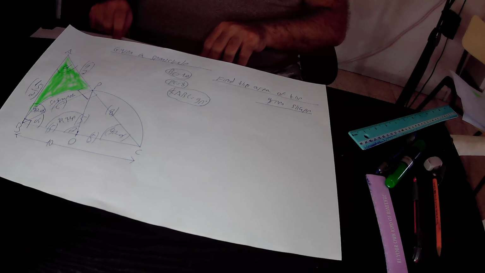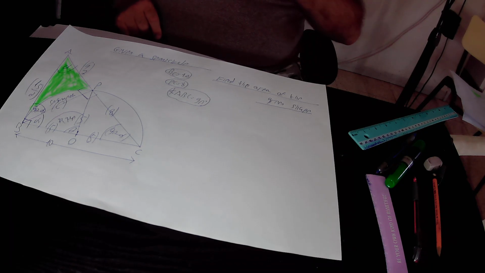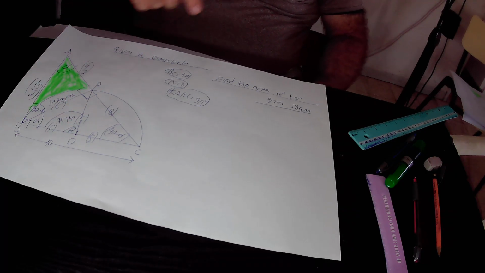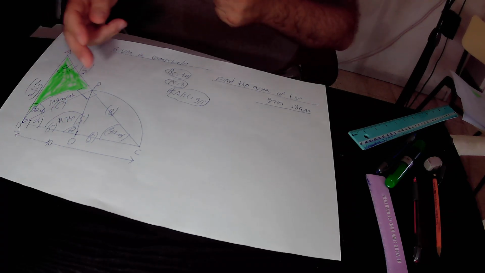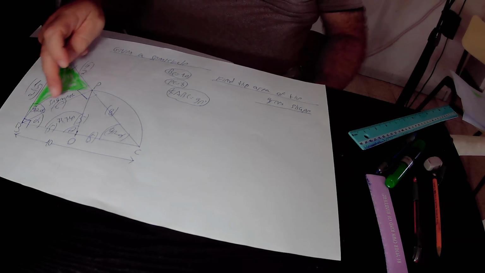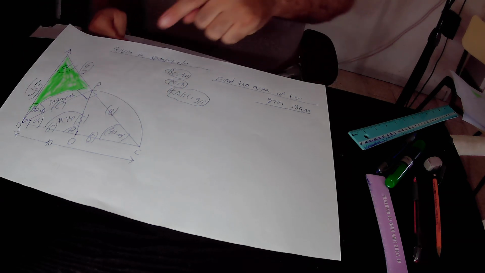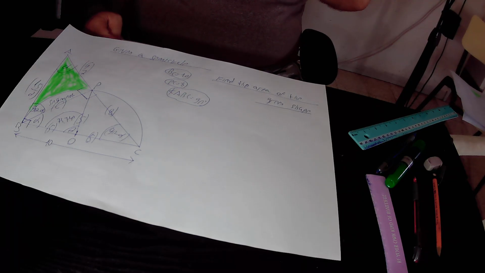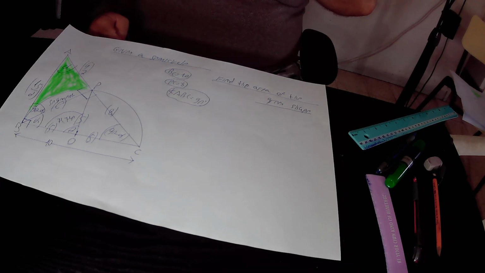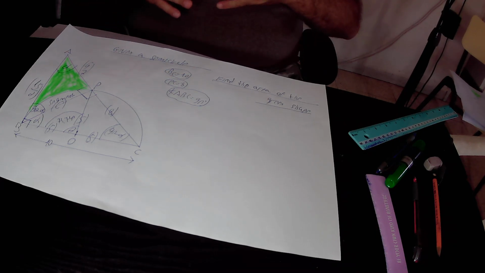In the next step, we define the center of this semicircle. This point is point O. The diameter BC is 10, therefore the radius must be equal to 5. The radius OB is 5, the radius OC is 5. We join points O and P together by a straight line. OP is also the radius of this semicircle, therefore it is equal to 5 units in its length. By doing all those constructions, we can do